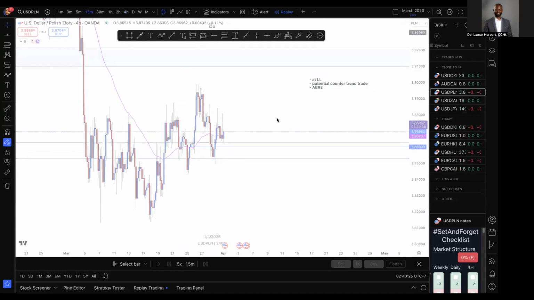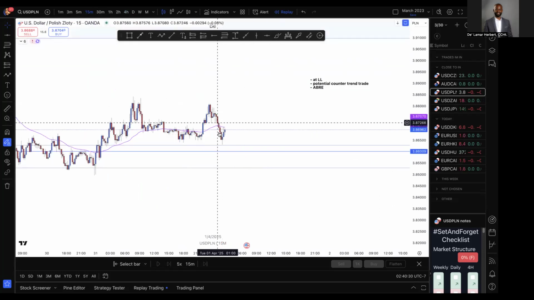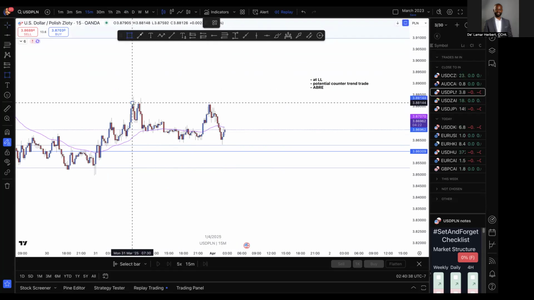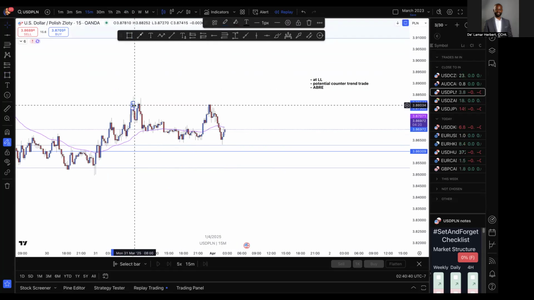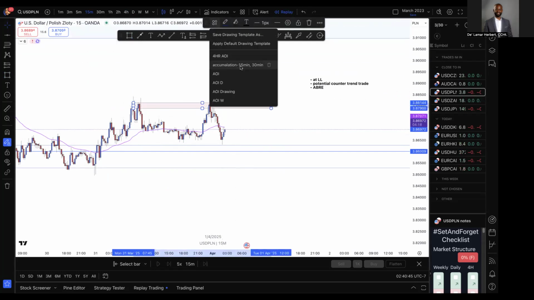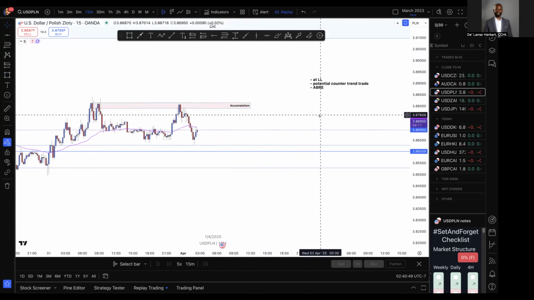So what we do is we drop down here, but currently the 15-minute is not in sync. This kind of to me looks like the accumulation right here. I don't know if this is too far back. I'm going to talk to my mentor again this weekend and get a consultation with him. But this looks like if we break here, then we would be looking in for